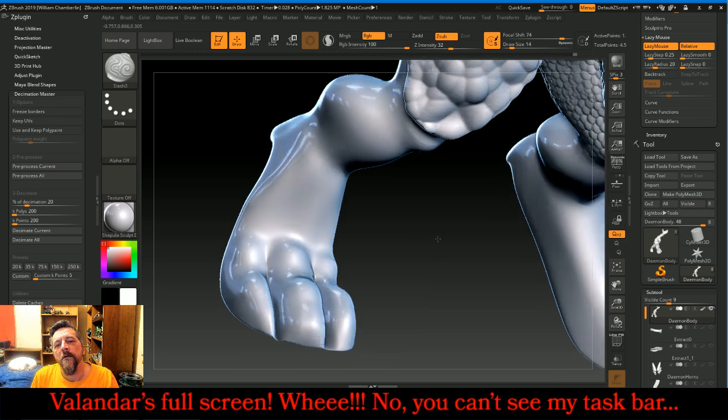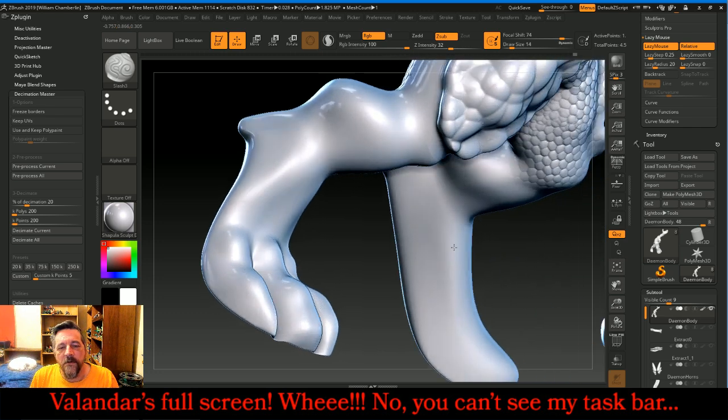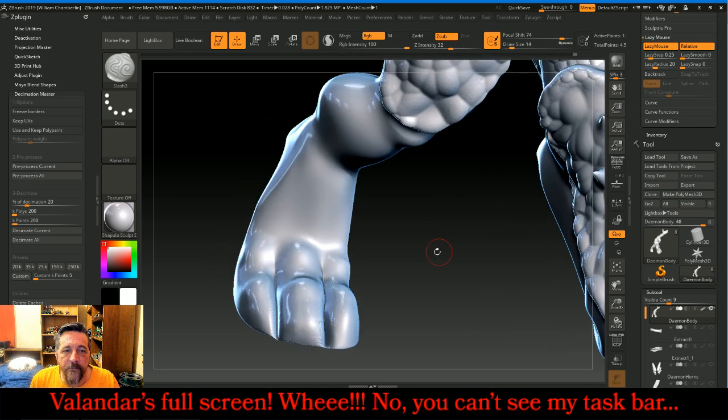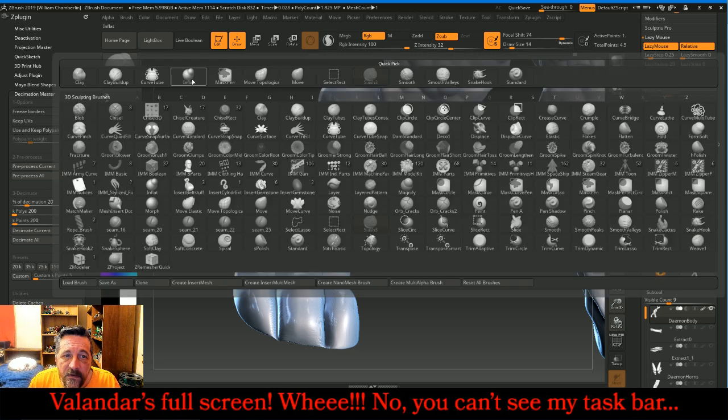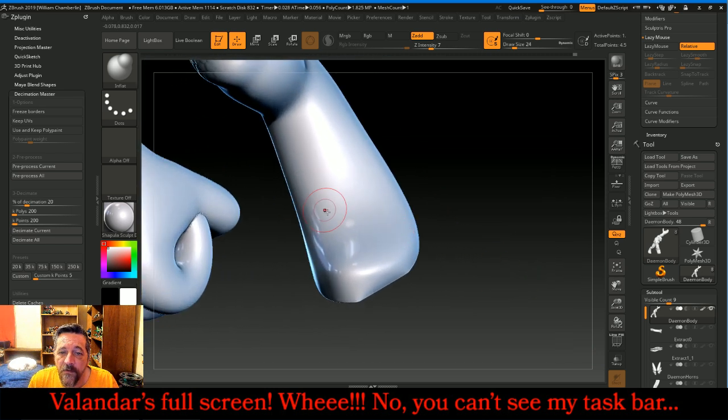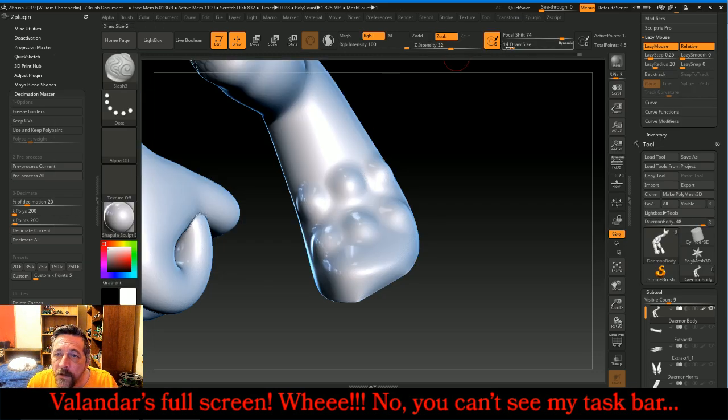Okay. And the next thing we're going to do is deal with turning those into talons at the tips. Now, we're going back to inflate, and we're moving over to the other foot. Now this one, the toes are bending a bit closer. We're going to add 1, 2, 3. Slash. And then